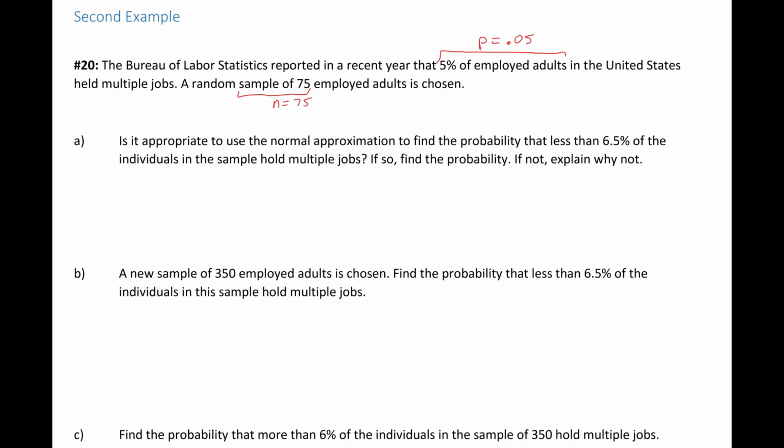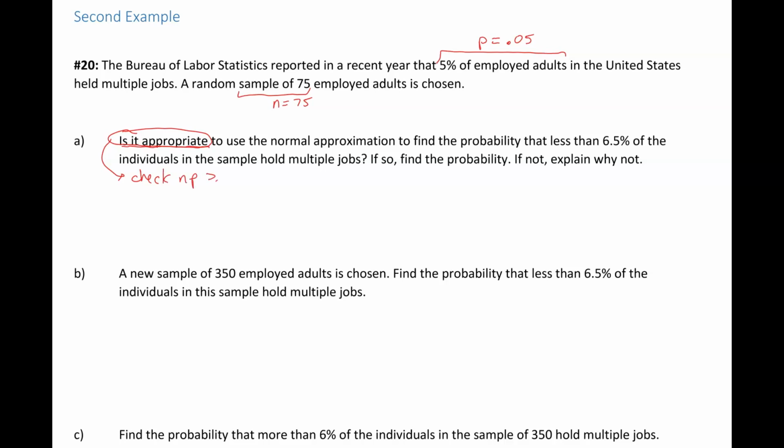So letter A, is it appropriate to use the normal approximation to find the probability that less than 6.5% of the individuals in the sample hold multiple jobs? If so, find the probability. If not, explain why not. So this is the "is it appropriate" part. That's where we need to check